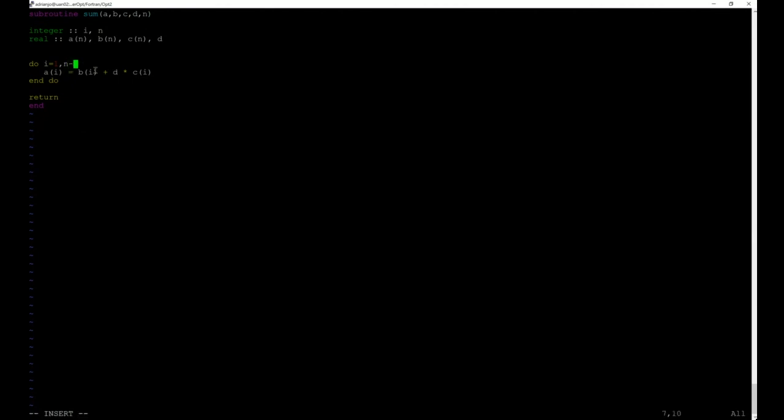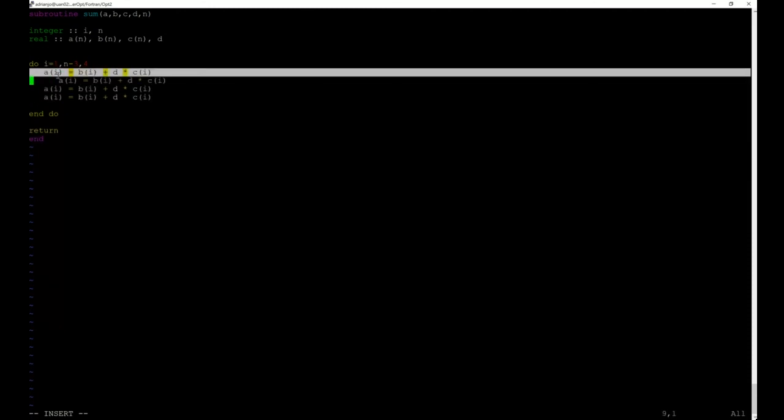You can unroll it as it's shown in the example by doing something like this. Say every time I go around this loop, move the loop index by 4, and then manually I unroll this in here myself, and make sure I access different bits of the array each time,